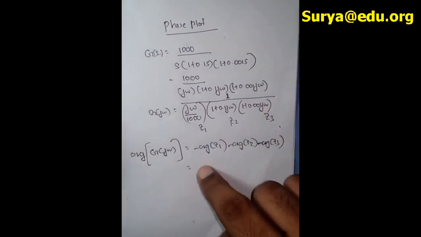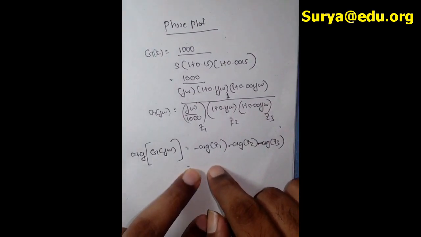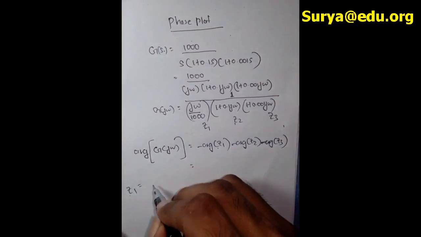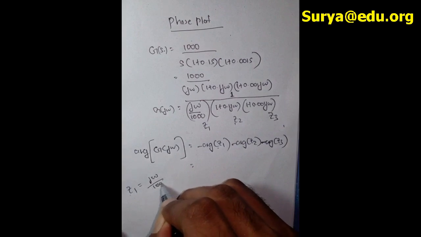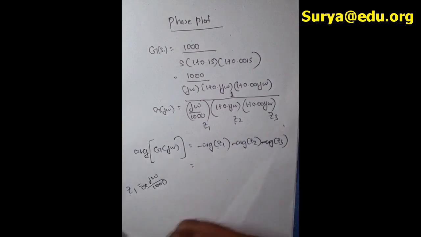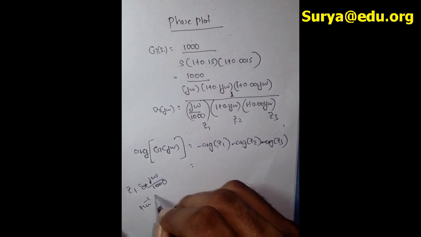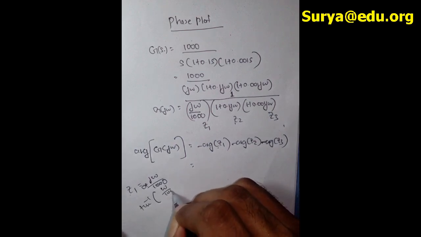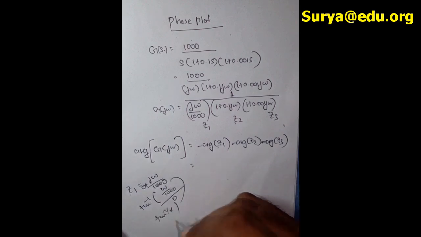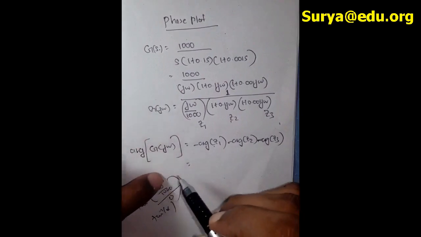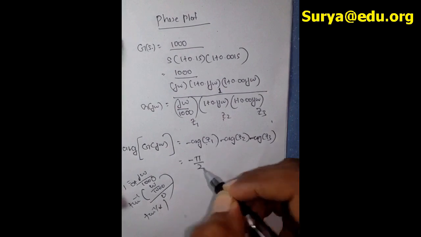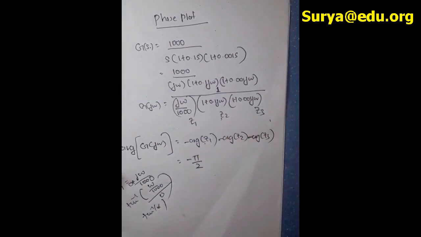Now what is the answer that you got here? You can remember how we got this, right? We know Z1 equals j omega divided by 1000, with the real component 0, so plus 0. So it's easy, tan inverse of omega divided by 1000 divided by 0, like tan inverse infinity, right? You know these steps now. So now the argument of G of j omega, what is the value? Minus pi by 2.